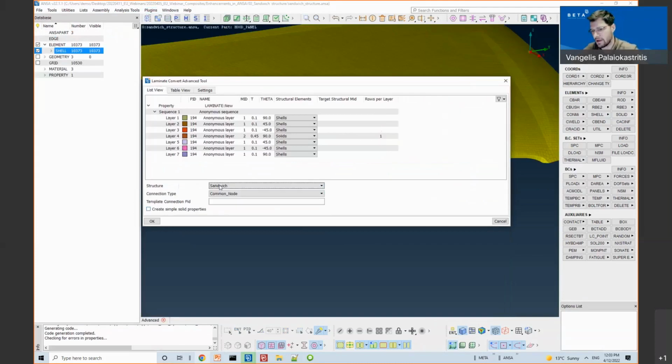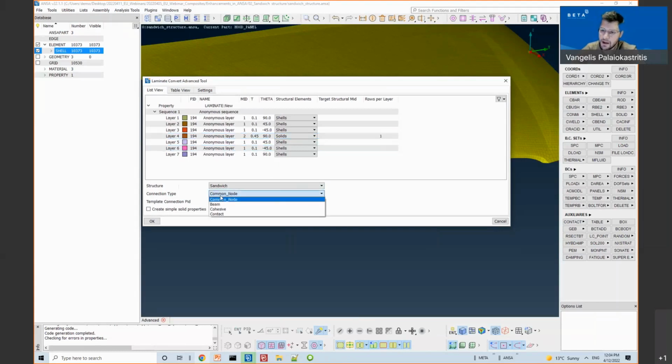Now, by selecting this type of structure, automatically the thickest layer becomes the core layer, that will be represented by solid elements. So for this solid layer of the core, I can also specify the solid rows that are going to be created.